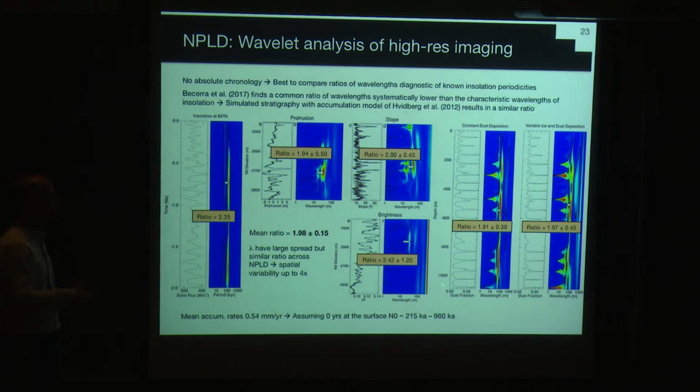However, when we used a thermal model that had been published by Widberg et al. in 2012, a model of accumulation based on just a thermal energy balance that builds up the cap, giving you a column of dust fraction versus depth, and we looked at the periodicities present in that simulated stratigraphy, the ratios ended up being very similar to what we had found in the data. So this indicates that this model is at least on the right track. Granted, this model is constrained by that Fishbaugh et al. stratigraphic column, but it indicates that we're kind of on the right track.